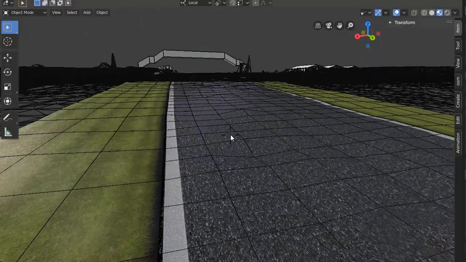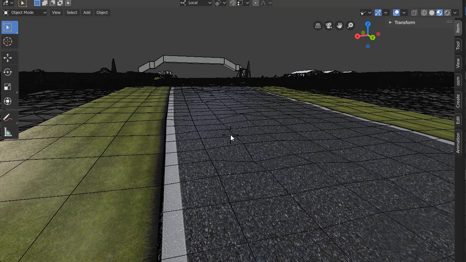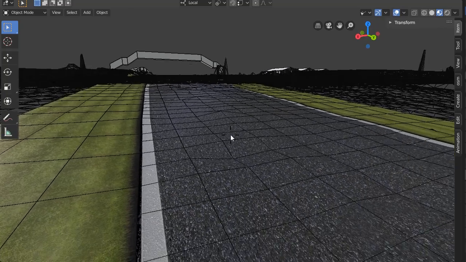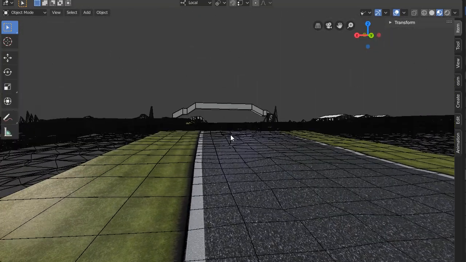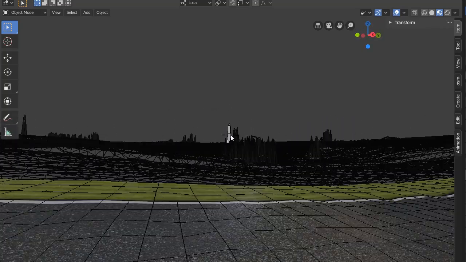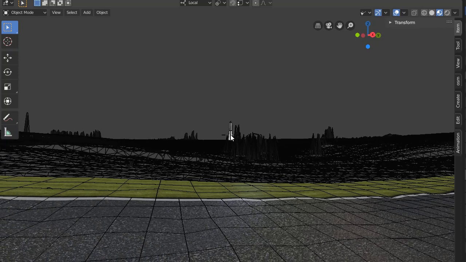Although there's a few little things that I need to find out about that's going on. So anyway, I'll start my little run through. So what you're seeing here, like I said, is the low poly track, and I've started blocking out buildings and things that you may spot as you're driving around the track. So you've got the monument over there,